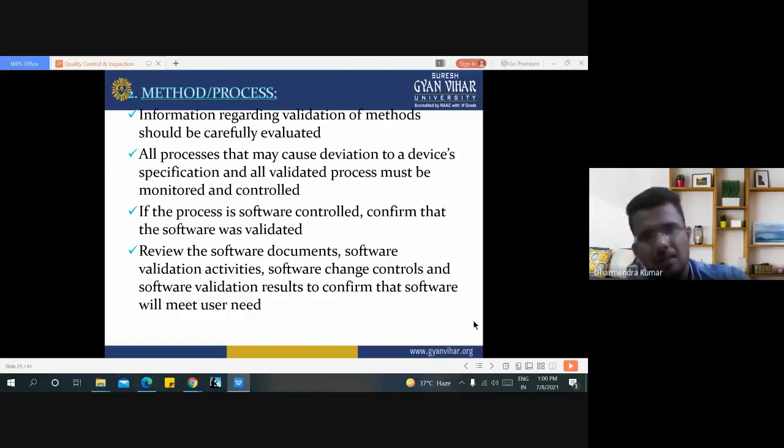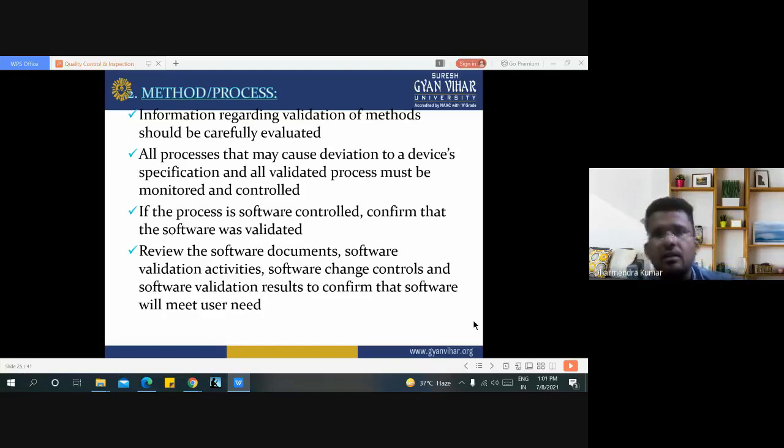CNC lathe, CNC milling, then before the starting of any process on a CNC lathe machine, the software documents, its license version, its generation, its validation activities, and what the various changes are, must be checked for compatibility with this software.